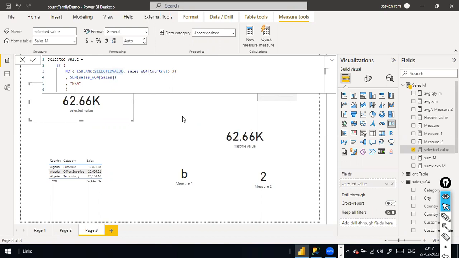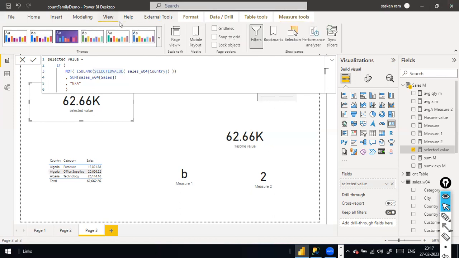The first question is, how do you find out the problem queries? In the case of Power BI, simply tell them, I'll go to the View tab and we have Performance Analyzer. I'm going to select that one. In my report page, I remember that 5 to 6 visuals were there. When I started this and clicked on refresh visuals,